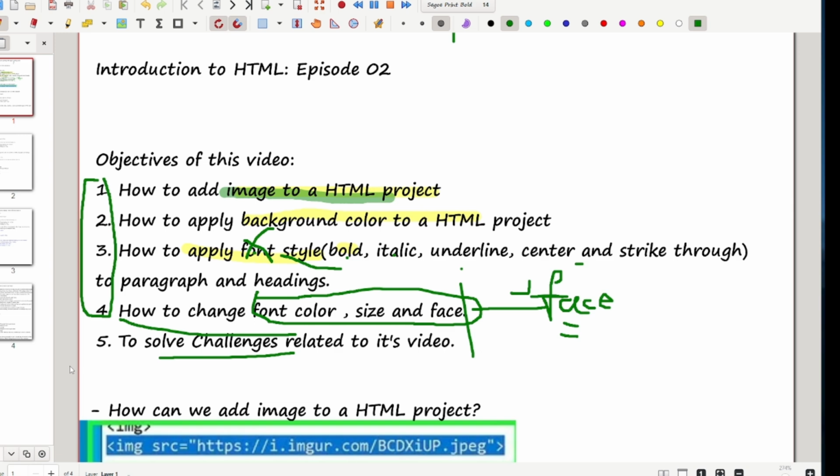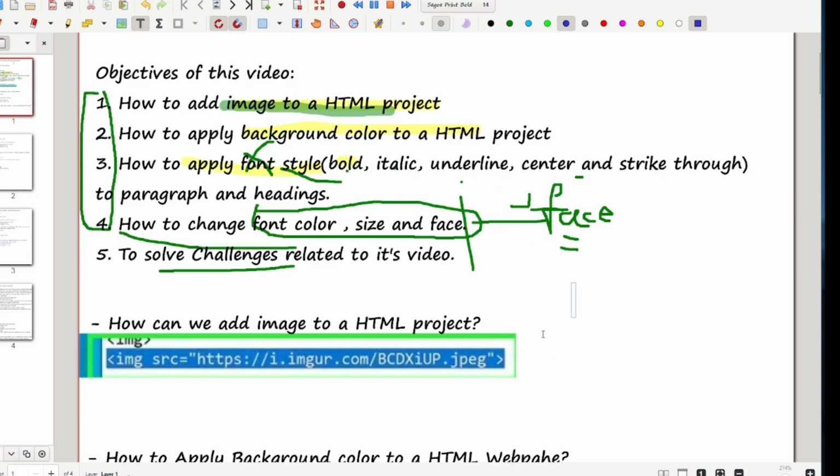So if you want to try it in an HTML, then you can try it. In the previous video you can see how to save and how to undo something. Before starting, I will give a short recap on how to save your projects. You have to save your project with .html extension,